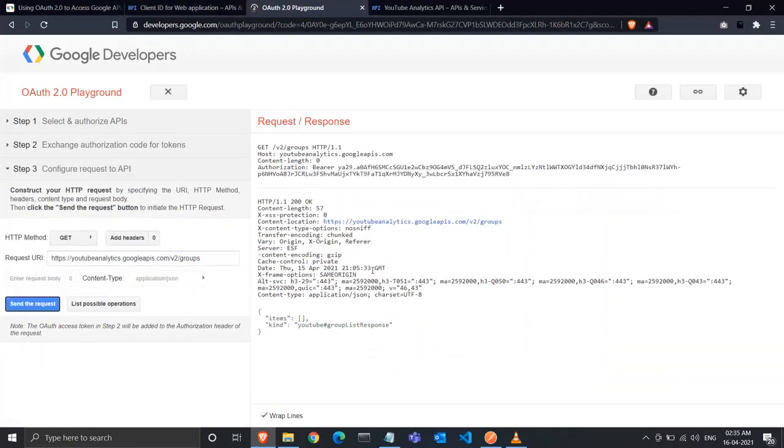So in the next part of this video, we'll get started with the actual steps on how we can perform the Google OAuth procedure using API calls to the endpoints, and we'll get the access token and refresh token, and we'll use those tokens to get the actual data from the Google API endpoints.